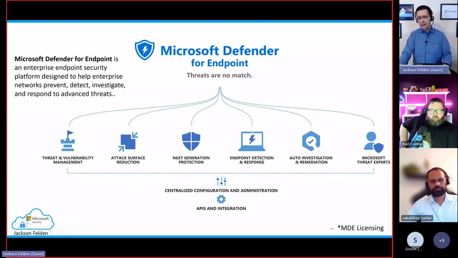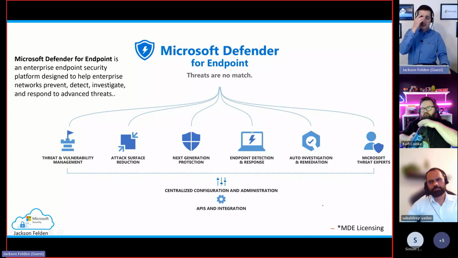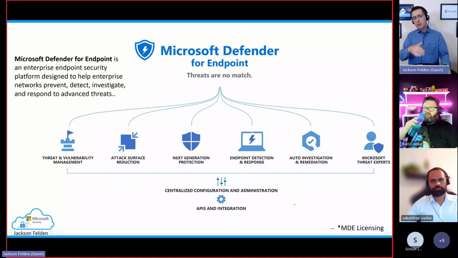When it comes to licensing, I really don't like to talk about licenses, but it's a little bit different for servers than for workstations. The license for servers is pretty much paper. You go into the portal, oh yeah, let's add a license for servers and so on. But of course, you need to be compliant. If you have, I don't know, 200 servers or 2,000 servers, it doesn't block you from doing the onboarding, but to avoid any headache with Microsoft, make sure you buy the license, and then start onboarding